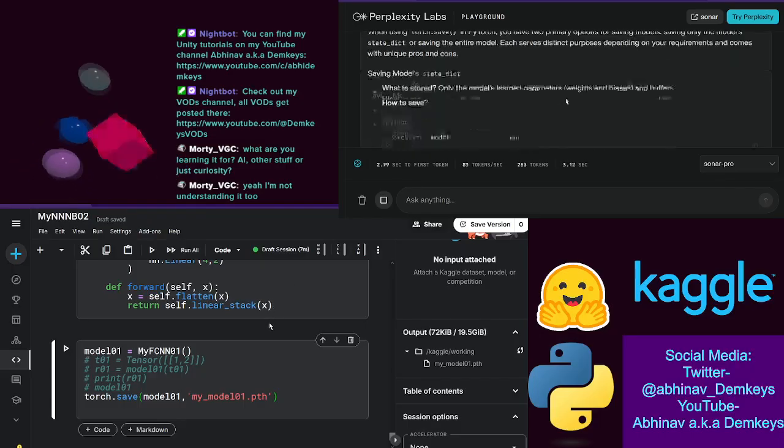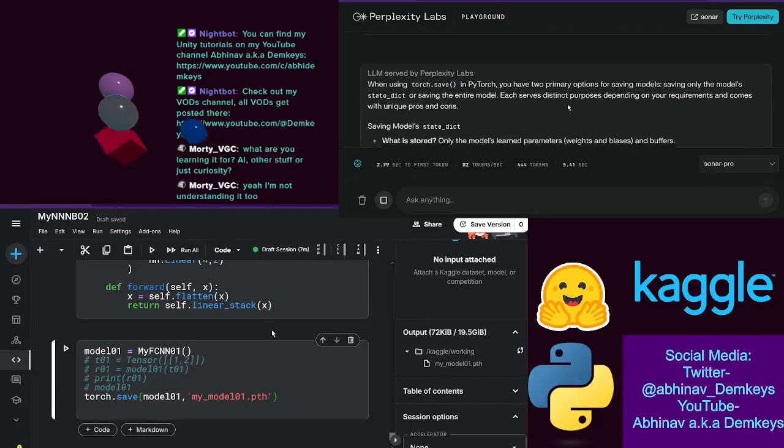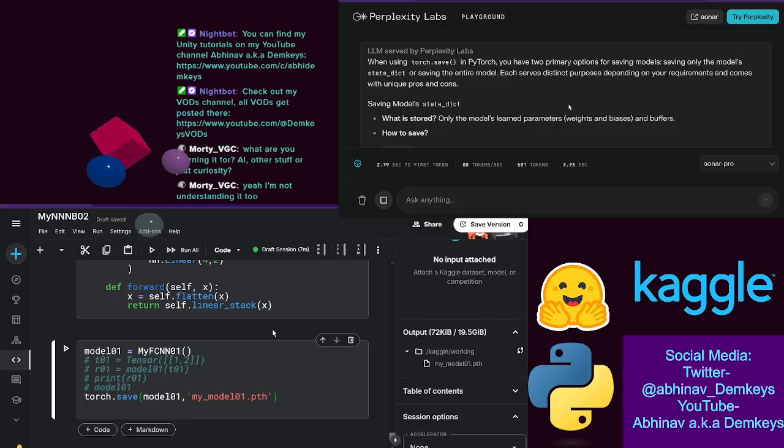When using torch.save in PyTorch, you have two primary options for saving models: saving only the model's state dictionary or saving the entire model. Each serves distinct purposes depending on